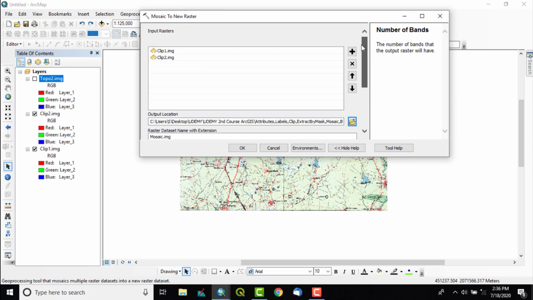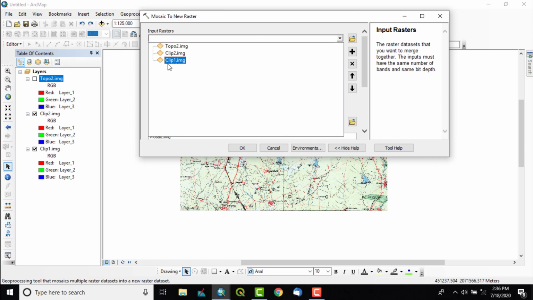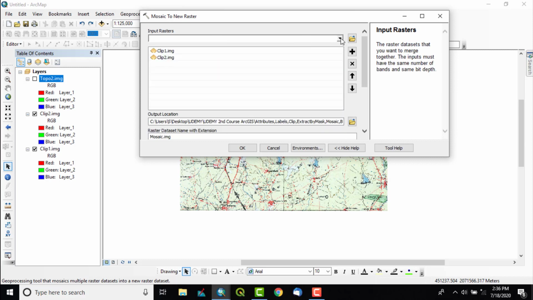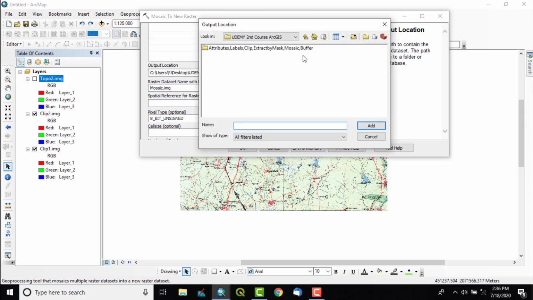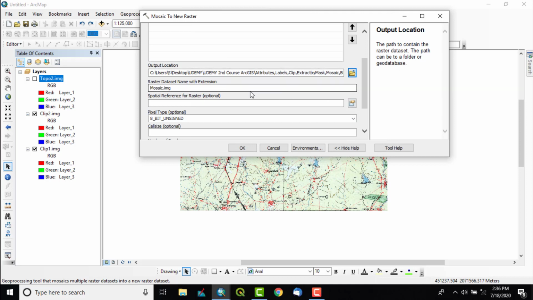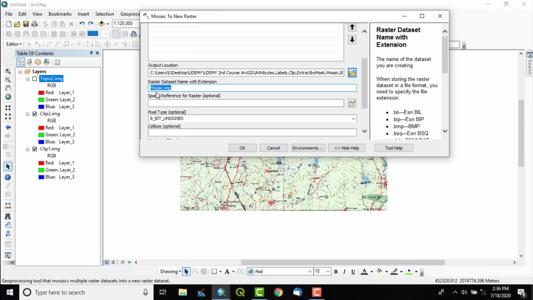So what we have done, again we will see. In input raster, we have input our clip 1 and clip 2 rasters from this drop down. After that, we have specified the folder in which we are going to store our output image, and here we have given it the name mosaic.img, name with extension.